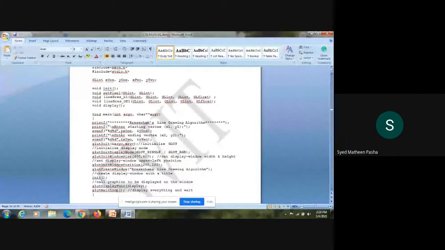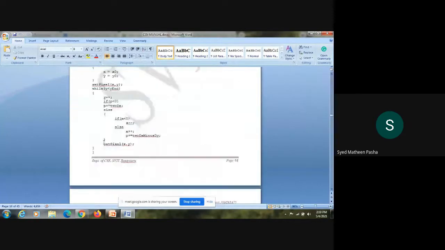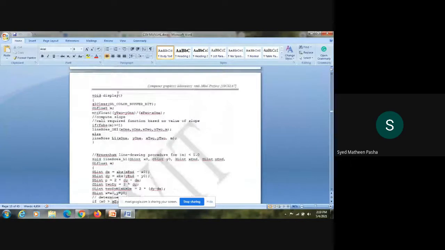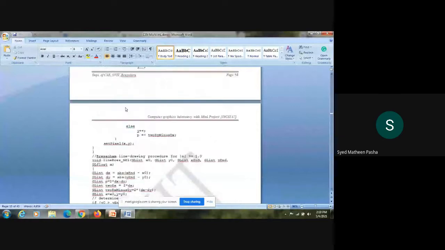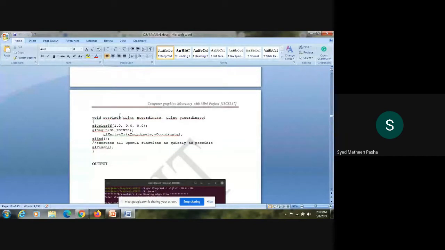After executing the main function, as there is a callback function for init, it will go to the init function. After the init function, the next function which is being set here is set pixel. So let's see what set pixel does. In the set pixel function, here it has been defined, void display line. Here it is being defined, the set pixel function. This is the function which is being called there. So once the control finds the set pixel function, it will directly jump to this function.